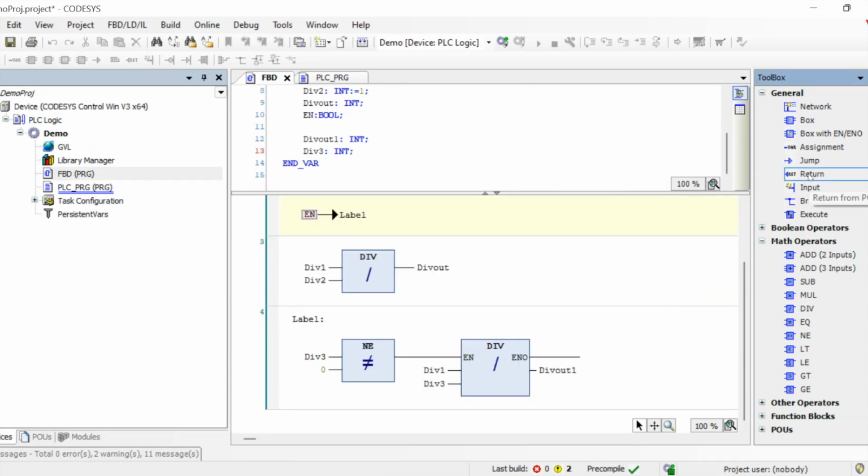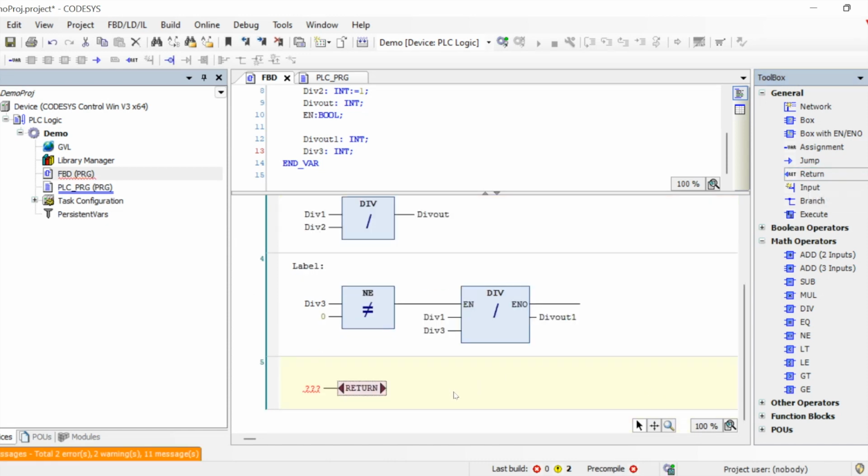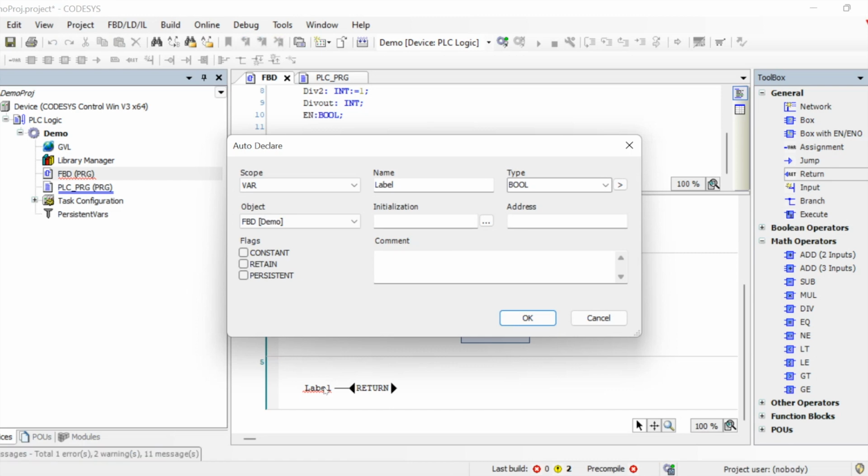so let me take you to another concept where we will be using return. So this return element, what it does is, when the program is getting executed and it finds a return statement mentioned and enabled, then it will return from there to the first one. So it will go out from the loop, and it will always go to the first rung and start from there. So it will not go to the next rung after the return. Okay,